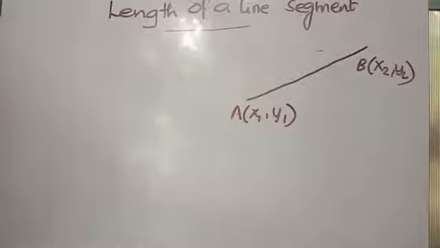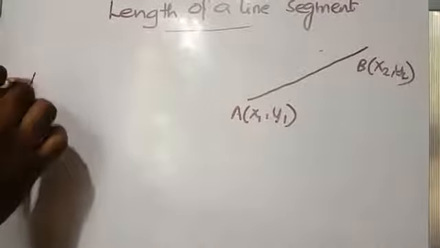When we discuss the length of a line segment in coordinate geometry, here we cannot use any instruments for measurement. But we have to find the length of a line segment accurately. So in such a case, we use certain formulae. So to find the length of a line segment, we use a formula which is